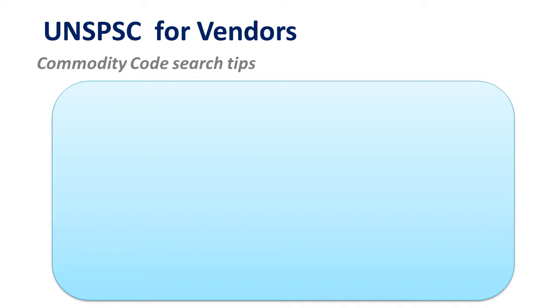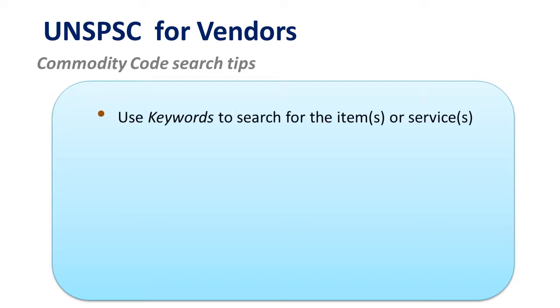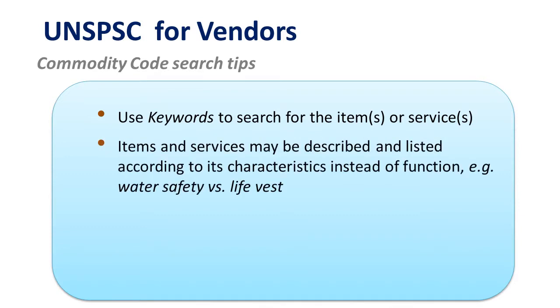Here are a few tips to keep in mind when searching for and selecting the most appropriate commodity codes. Search for items or services using keywords. Keep in mind that goods and services may be described and listed according to characteristics, what they are, instead of function, what they do. For example,